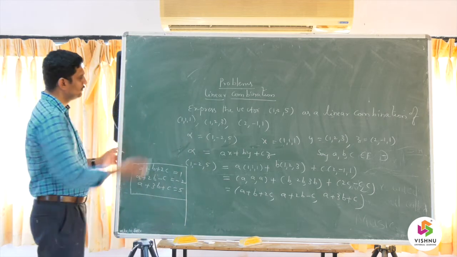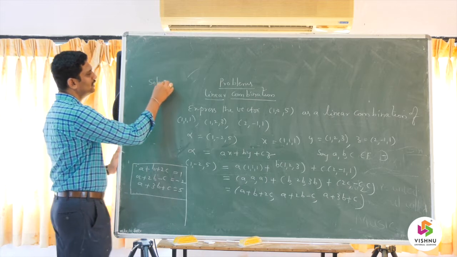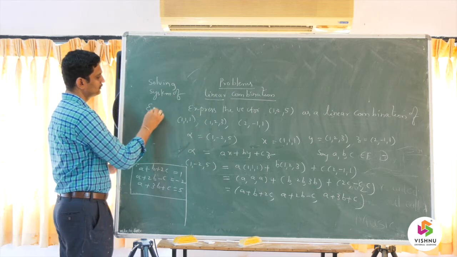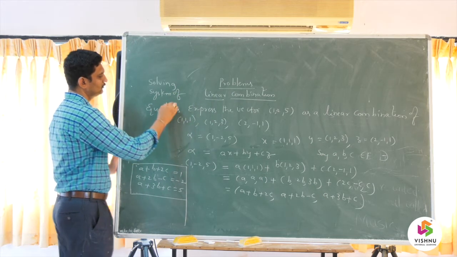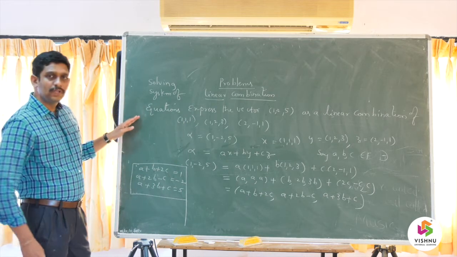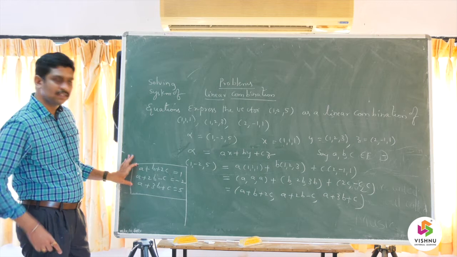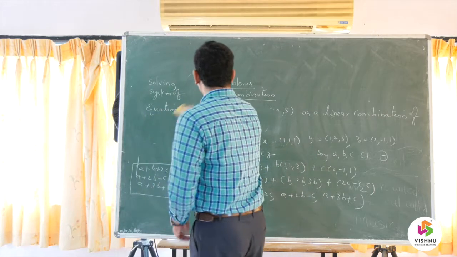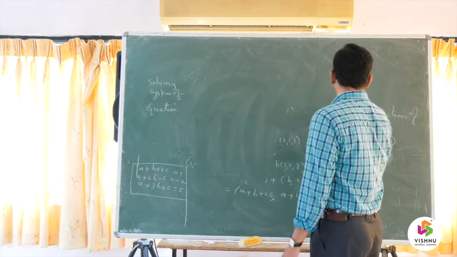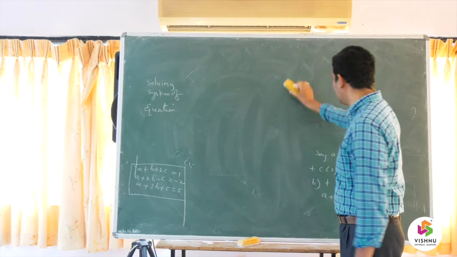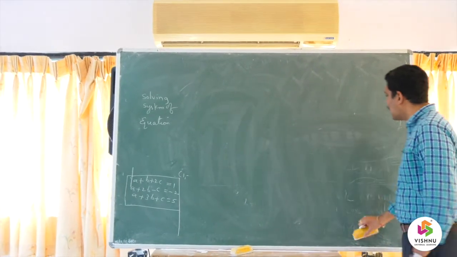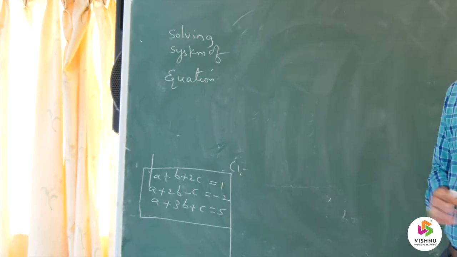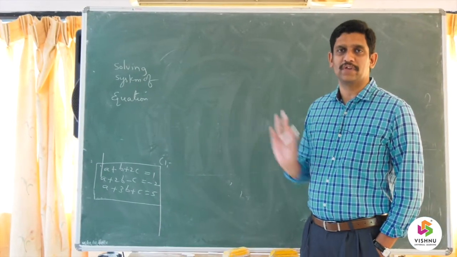The second one is just like solving a system of equations. Right? How do you solve them? Among the three equations, I will fix the first two, then I will eliminate one parameter. Again, I will consider the remaining two equations, I will eliminate the same parameter and I will get the final equations. After solving them, I can find all the values of A, B, C, right?